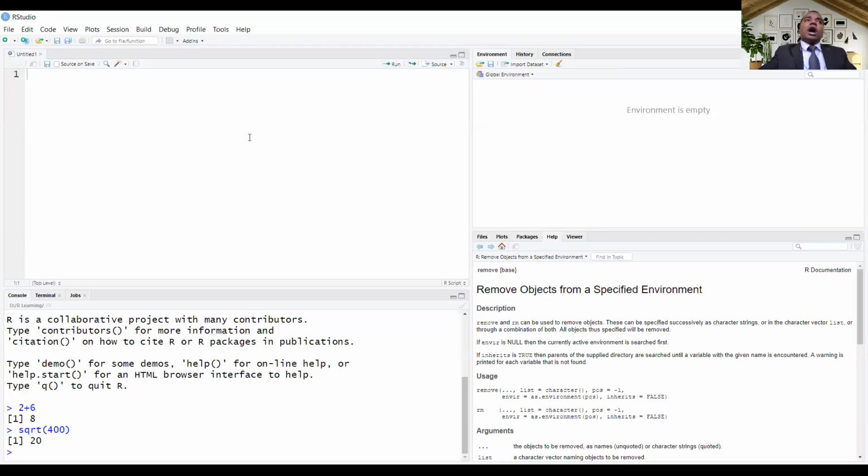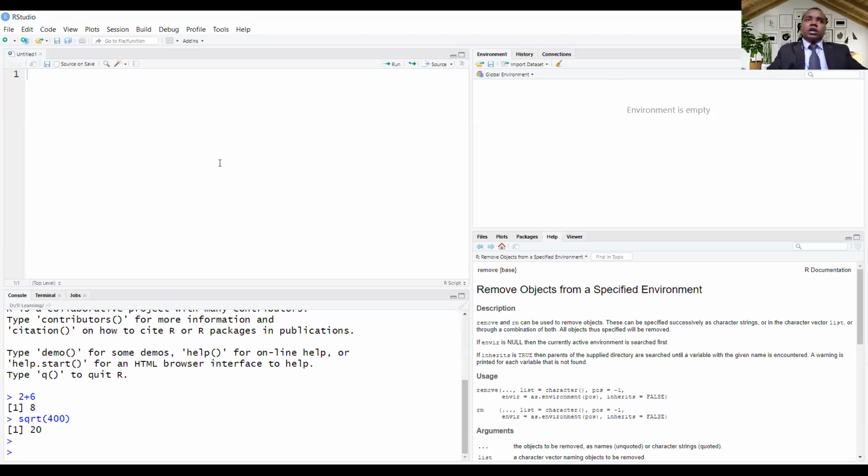So this is your RStudio interface. We'll be writing our first program. Although everyone prints Hello World as their first program, we'll be writing our first code to find the area of a triangle by using Heron's formula.